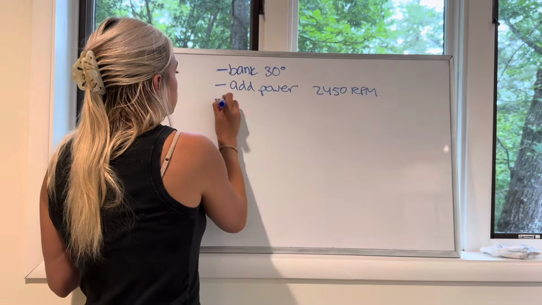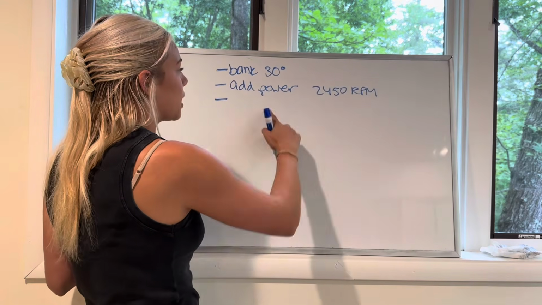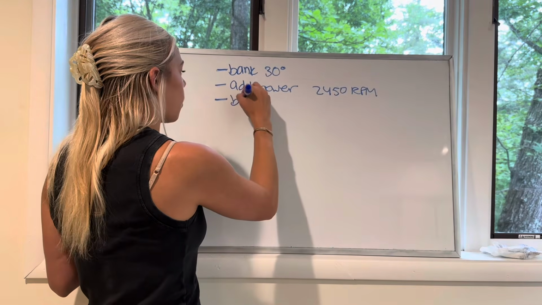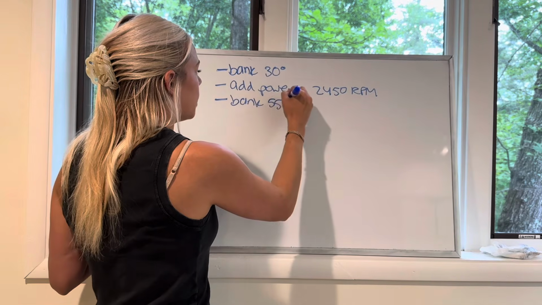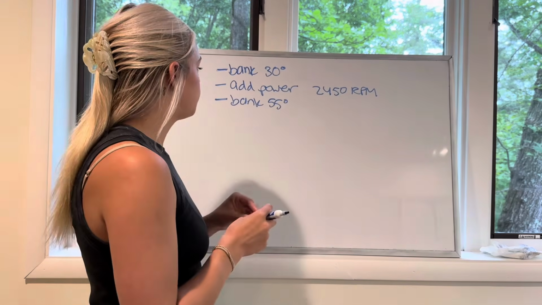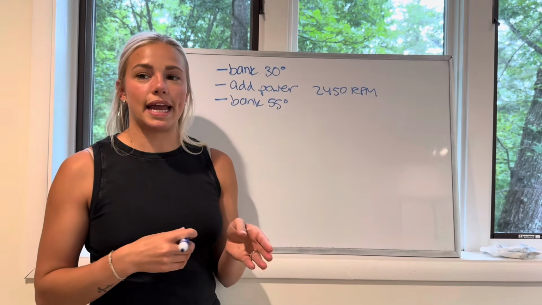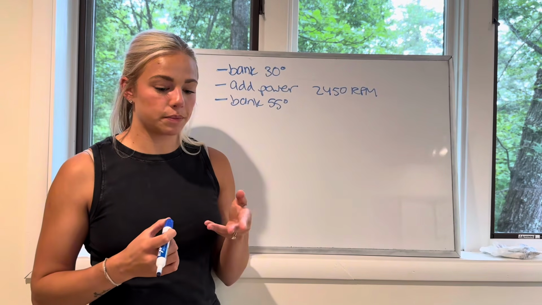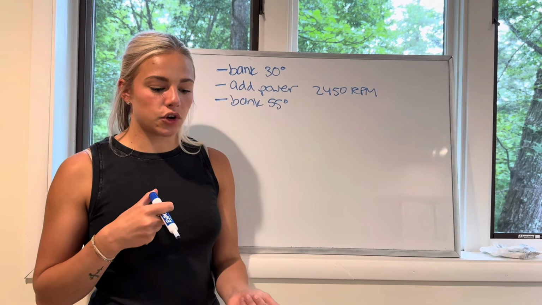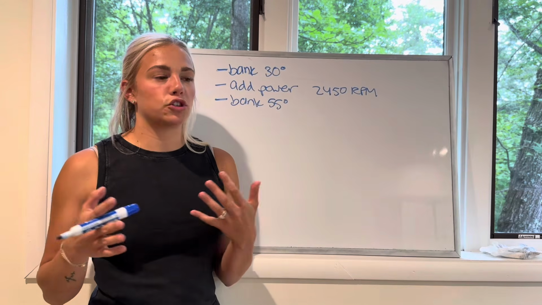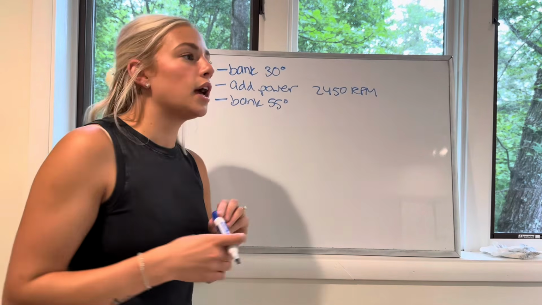Then, as we're continuing to bank and we've added our power in, we're going to bank all the way over to 55 degrees. 55 degrees is the bank that we want to try to maintain throughout the whole steep turn. So once we bank to 55 degrees, we want to make sure that we're maintaining our altitude, because as